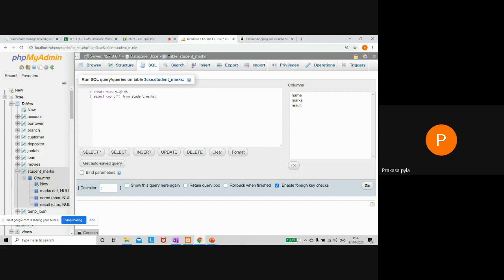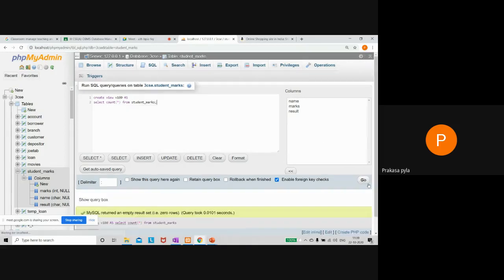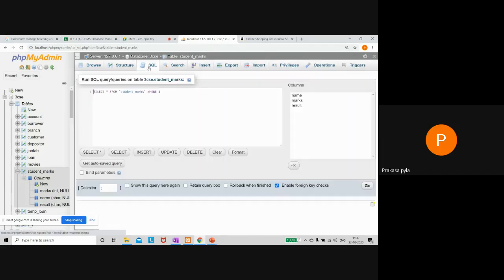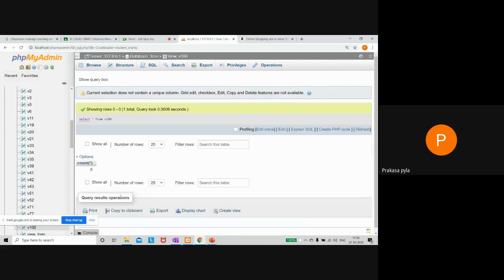I want to get them in the view V100. So the number of records from the student_marks is going to be retrieved with the help of V100. Select. So total 8 records.